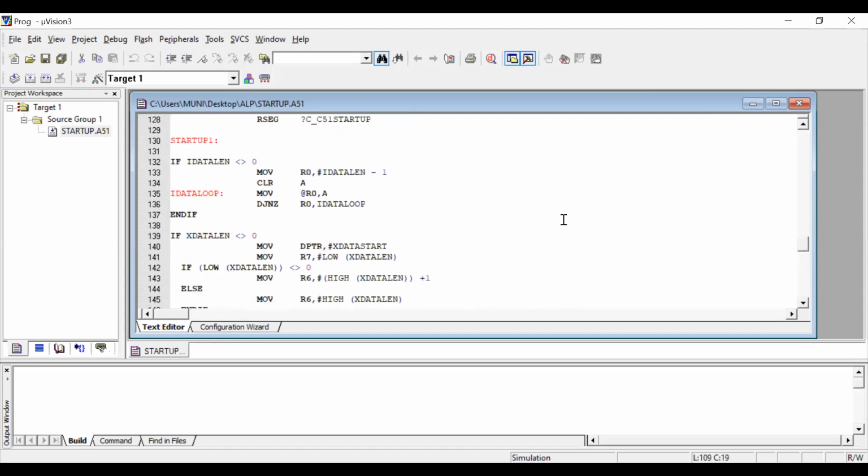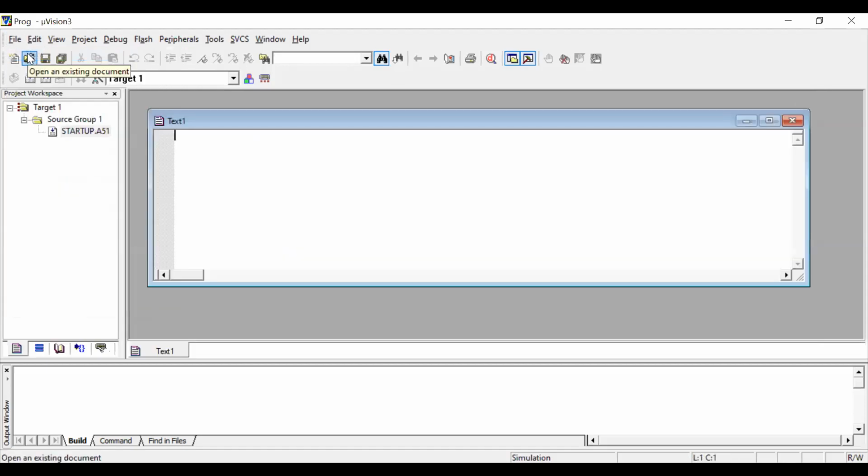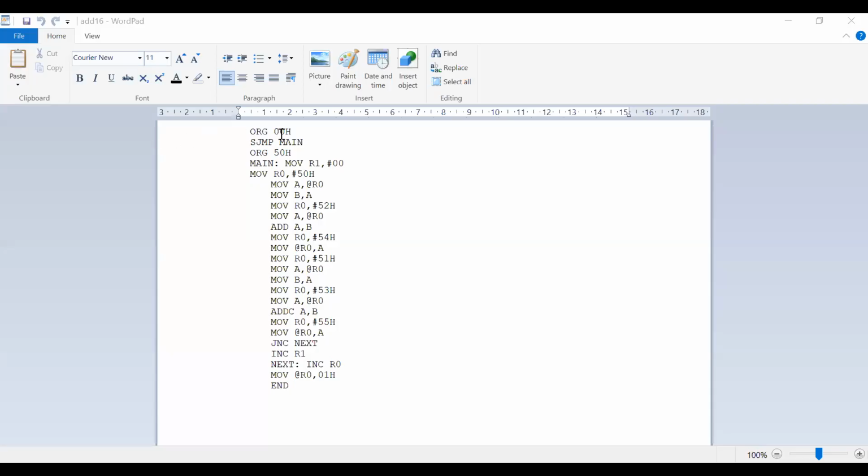Okay, and next one, we need to write a program. We need one editor or notepad. Then go to file, close this one. Then go to file, select new folder. Right here, program. The program is already available here.